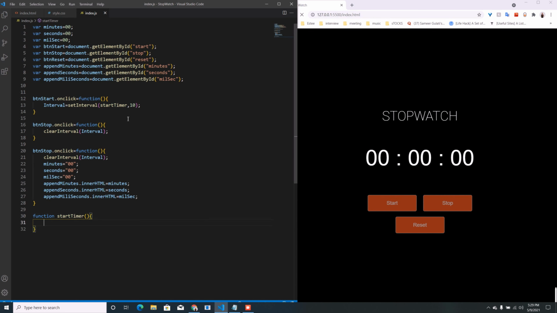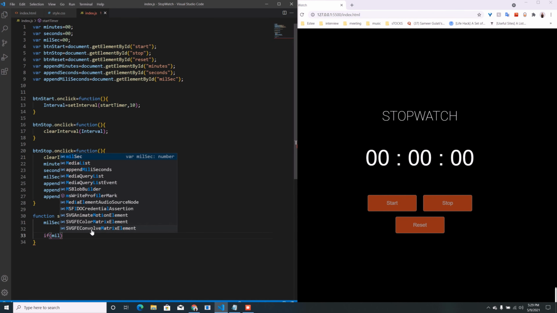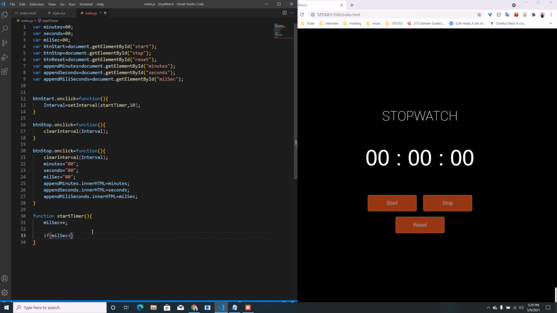So in startTimer, what we have to do is just start with incrementing the millisecond, and after incrementing we have to check a few conditions. So if the value of millisecond is less than 9, we have to append a 0 before the actual value.